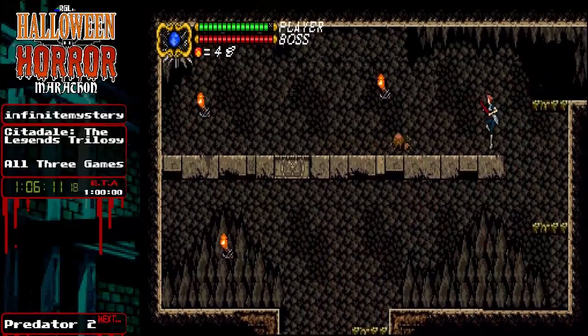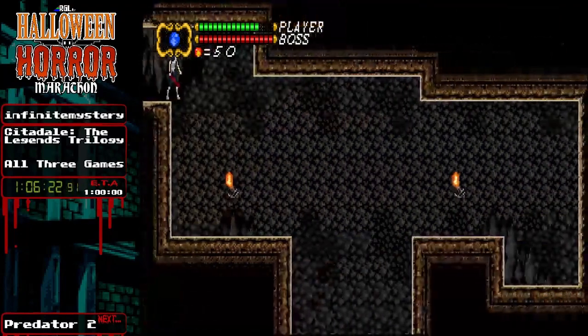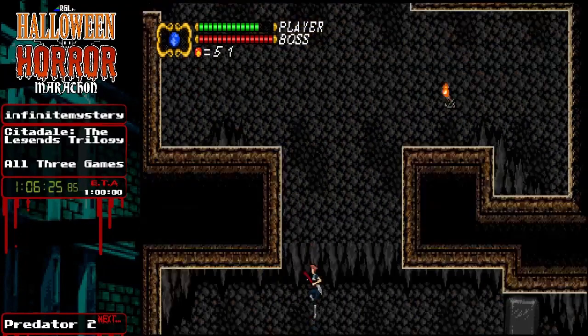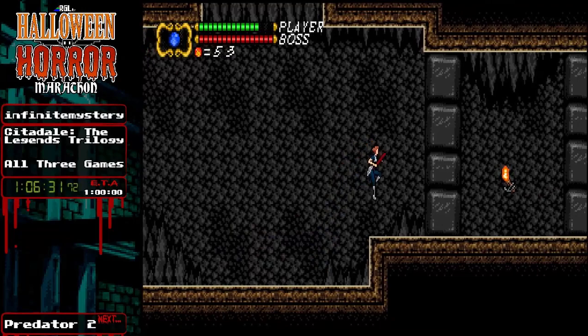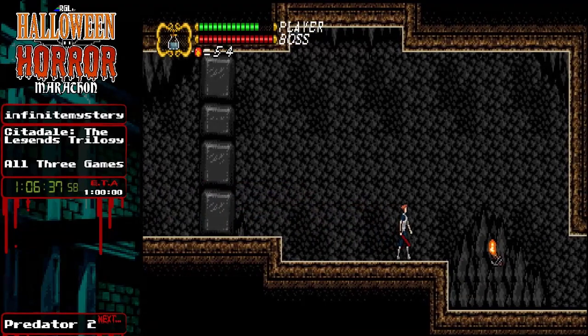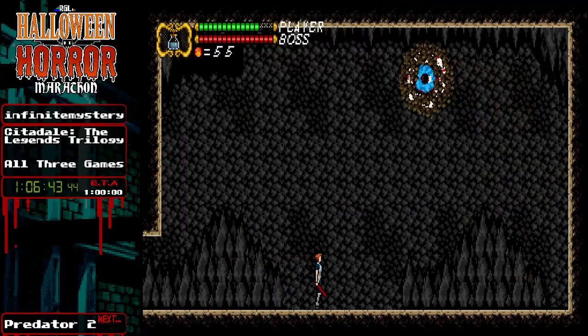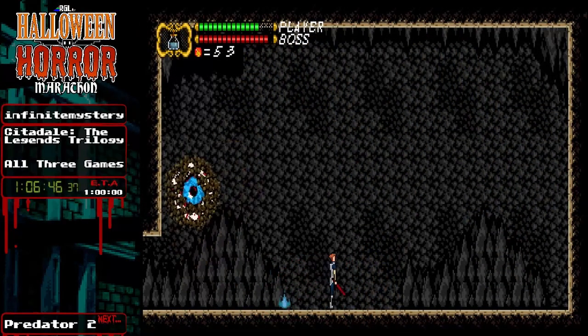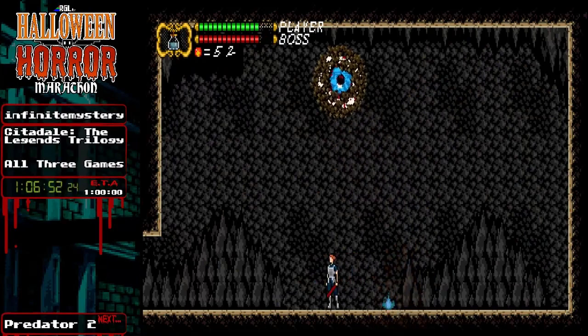As unfortunate as that is, now I have to just deal with the eye without the weapon. I think there's holy water right here. Yep. So this is the only other method. This is the old method that I used to use before the eye. It takes much longer